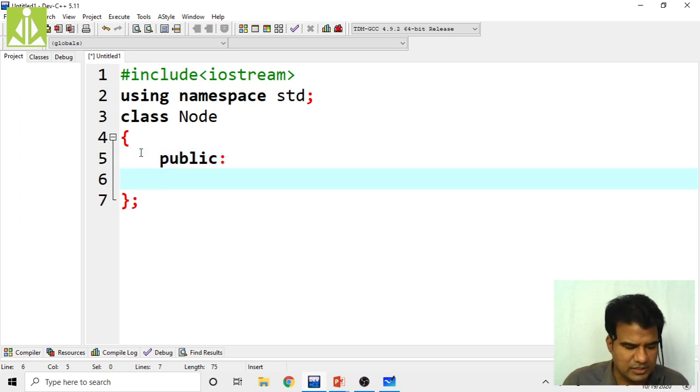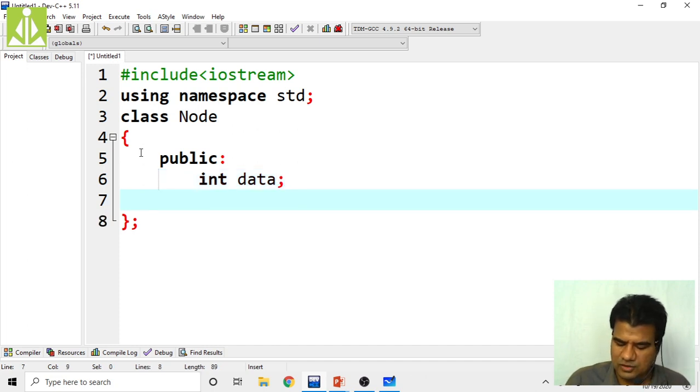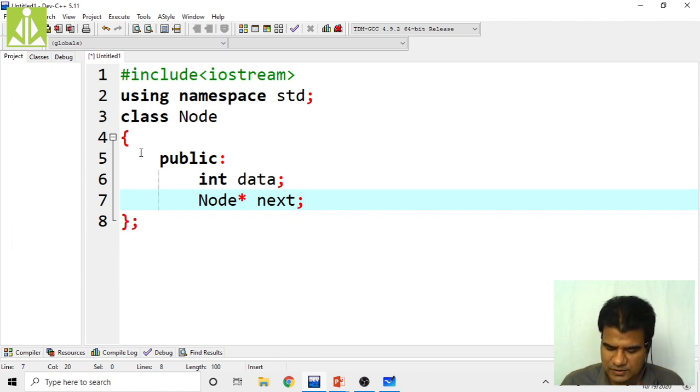In it, we are taking two things. The first thing is integer data, as I have given. The next pointer should be of node star: node star next. All variable names must be small letters. So this is my class.